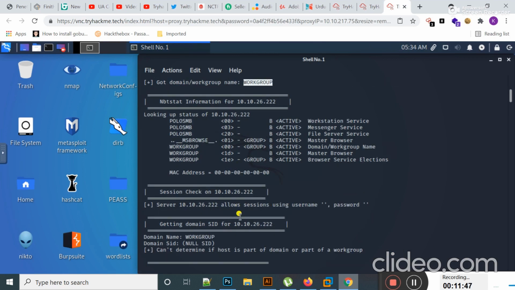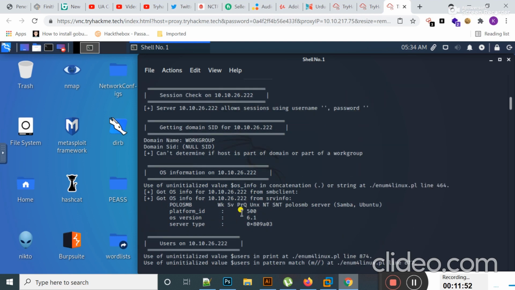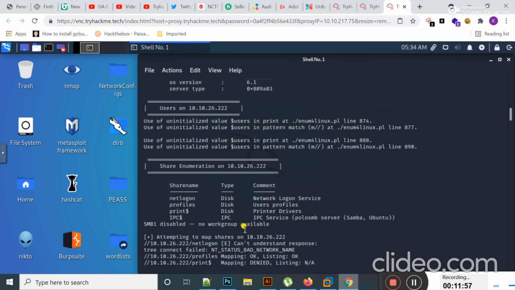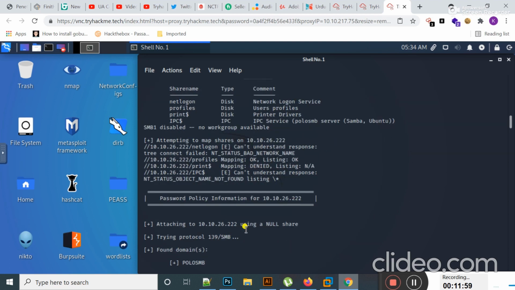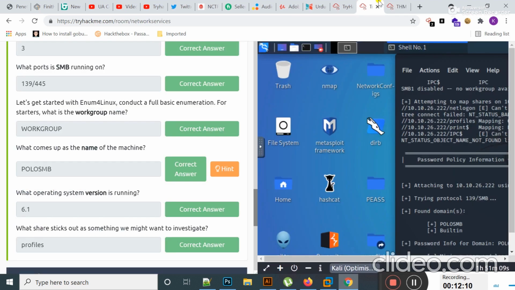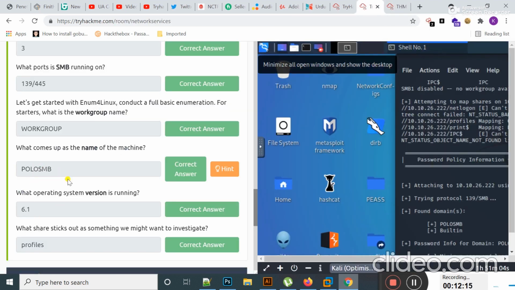The name of the target machine is actually, if I scroll down, this is the OS information and known users, and then share details, and then okay, found domain Polo SMB, and password info for domain Polo SMB. This is actually the name of the target machine, so I should put the answer here. And next, let's move to the next question. What OS version is running?